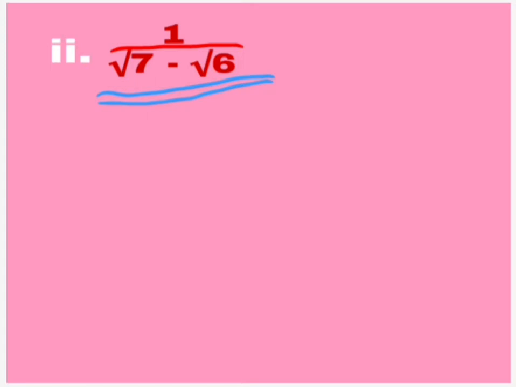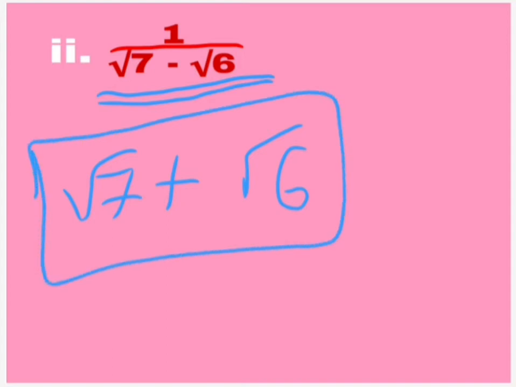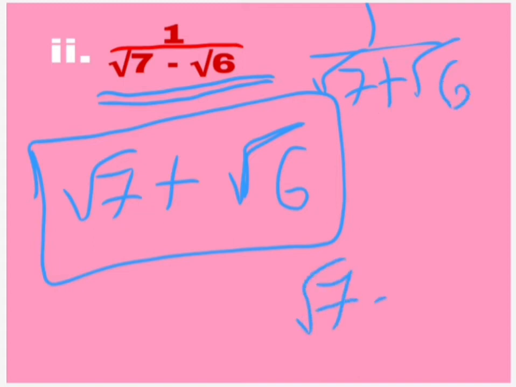But when you get a binomial term, you will keep the terms as they are for the multiplication process, but you will change the sign when you take the RF factor. So the RF factor of this denominator is root 7 plus root 6, and this root 7 plus root 6 you have to multiply. So if you have plus here, if you have 1 by root 7 plus root 6 as a question, then you will consider root 7 minus root 6 as your RF factor. So that is the concept of RF factor.